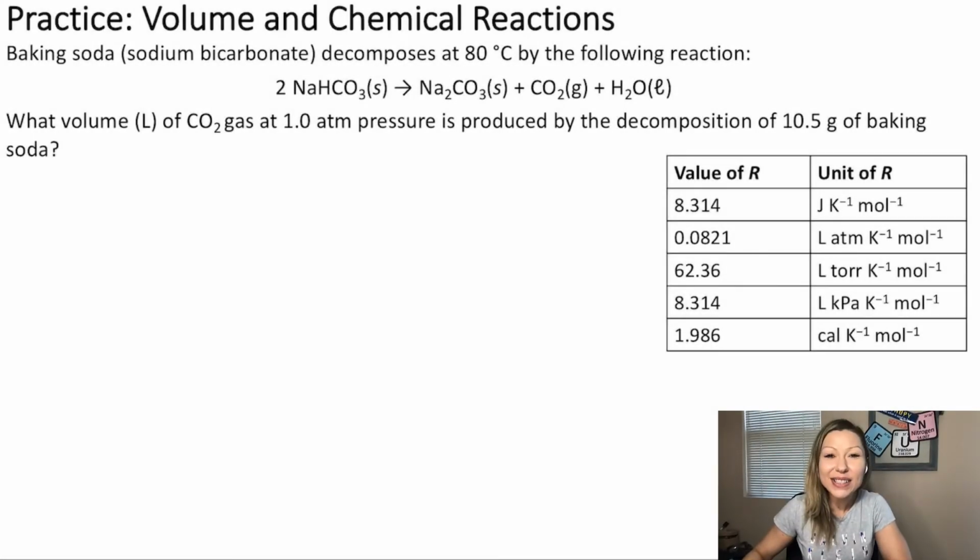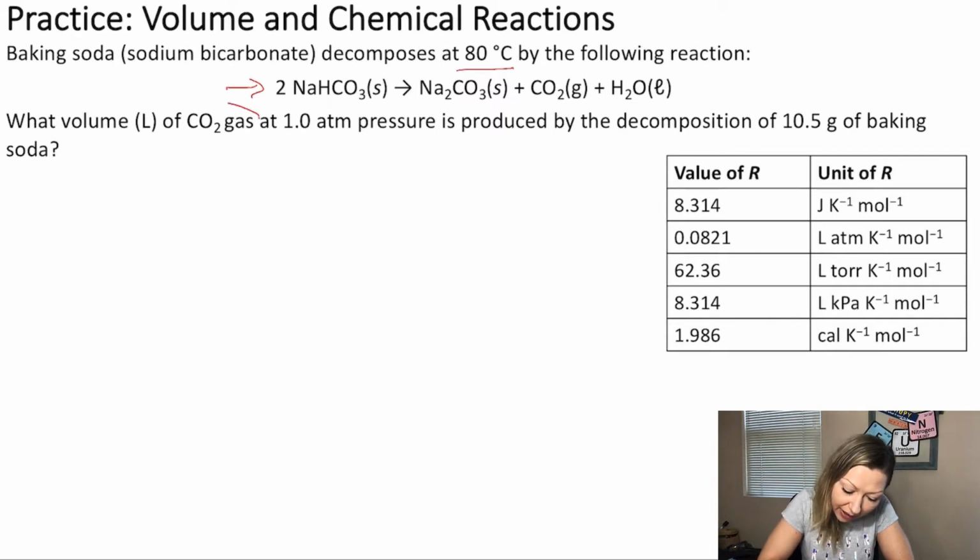Hello guys, let's do a practice problem involving reaction stoichiometry and the ideal gas equation. The question is, we have baking soda which decomposes at 80 degrees Celsius by the following reaction. What volume in liters of carbon dioxide gas at 1 atm pressure is produced by the decomposition of 10.5 grams